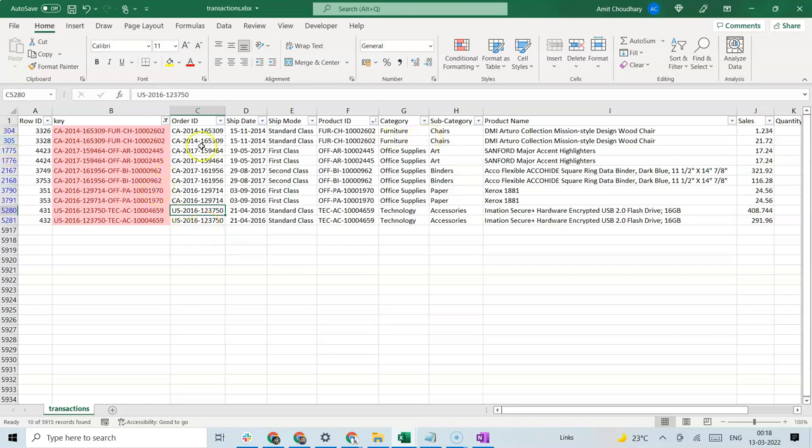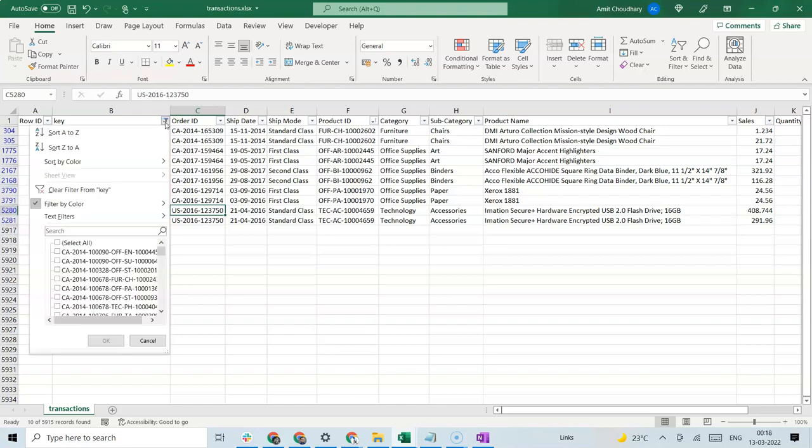Either you remove one of the records, or you correct the numbers, whichever way it needs to be corrected, because now this is wrong. Order ID and product ID should combine to determine the uniqueness of this data set, but they are not able to do so, which means there is a genuine case of data duplication in this case. So that's it. I hope you learned how to identify primary keys. How do you treat